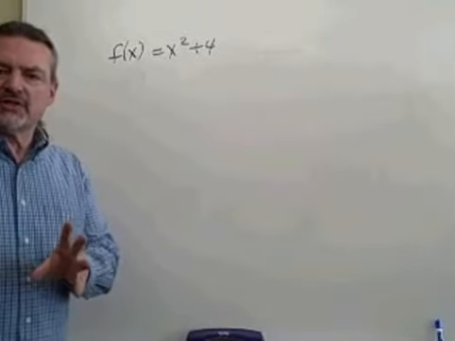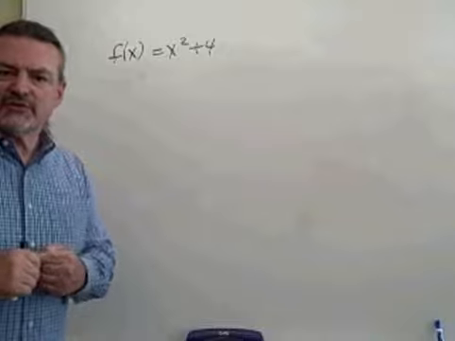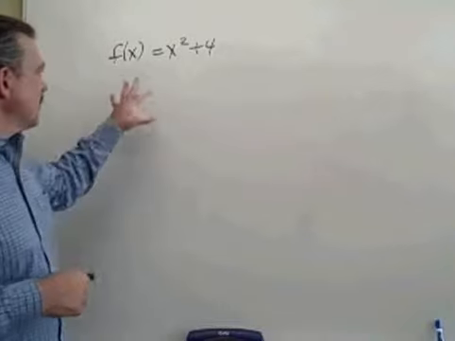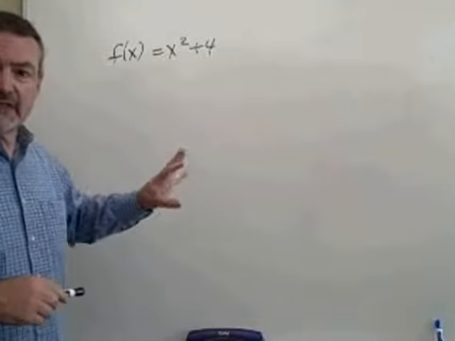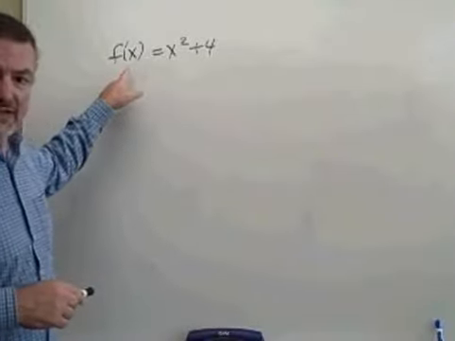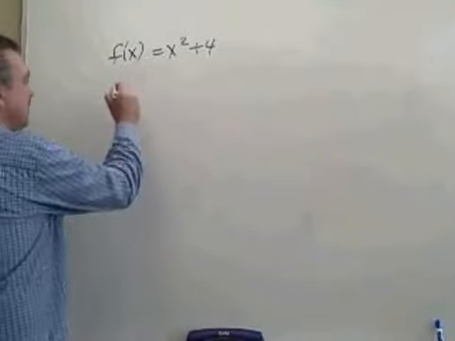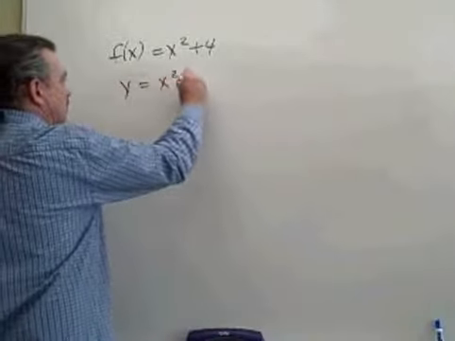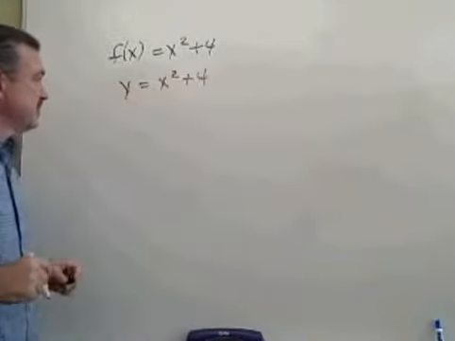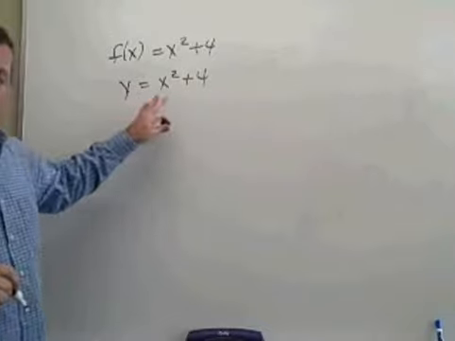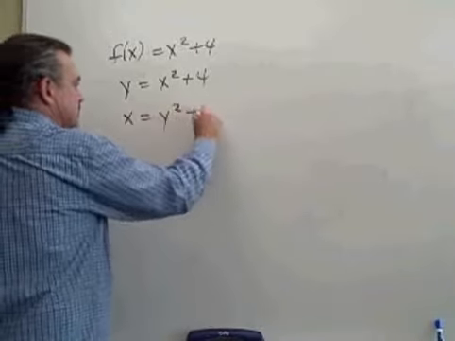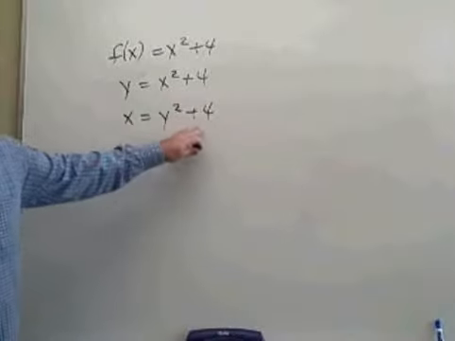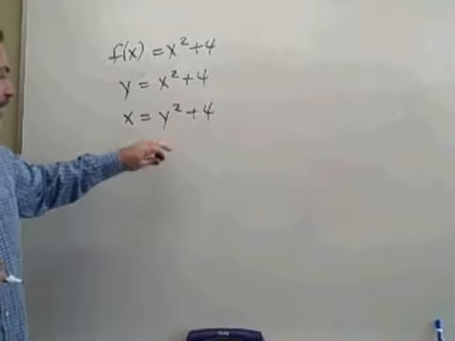Let's look at one more function and see if we can find the inverse of this function. Here we have the function f of x equals x squared plus 4. Remember, to find the inverse, first thing you do is replace f of x with y. Now, interchange the x and y